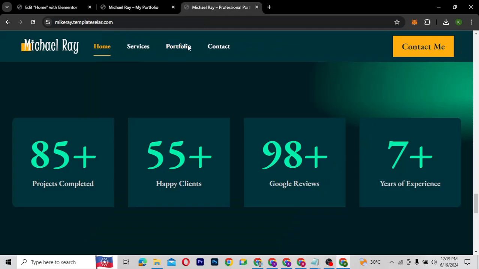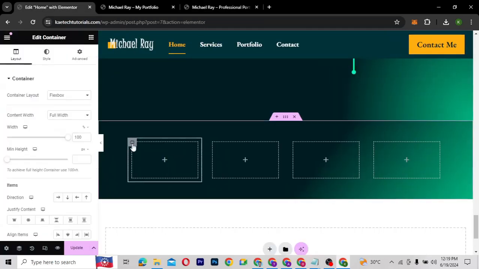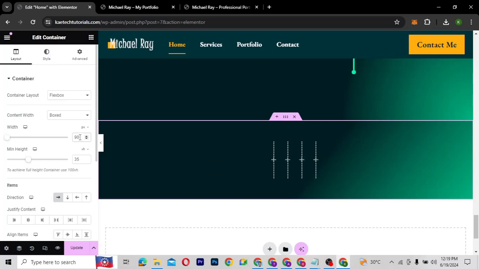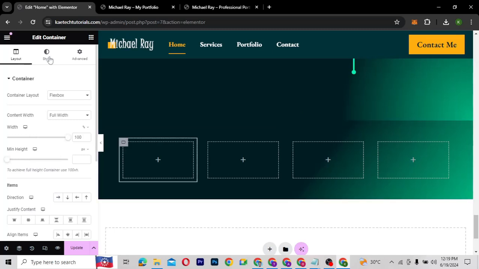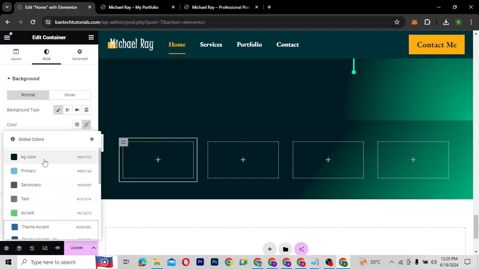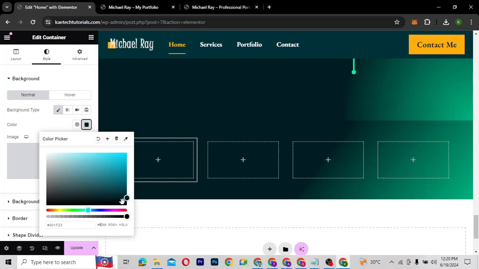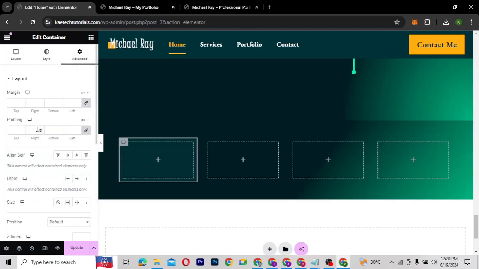first of all, if you look at this one, this color is quite different. So what we're going to do is give it a background color over here. So let me just make it like a 950. Okay, yeah, 950 is quite okay. And then over here, I'm going to go to style and give it a different color. Okay, so I'm going to give it the same BG color, but then I'll come over here and bring it up a little bit. Yeah, so it's going to be like this, and then come over here, and then